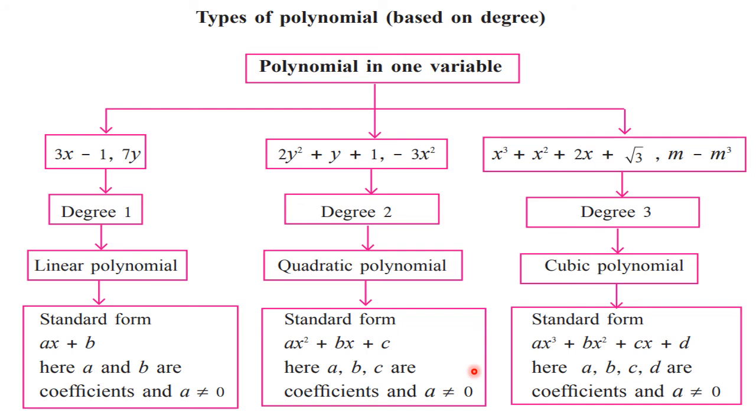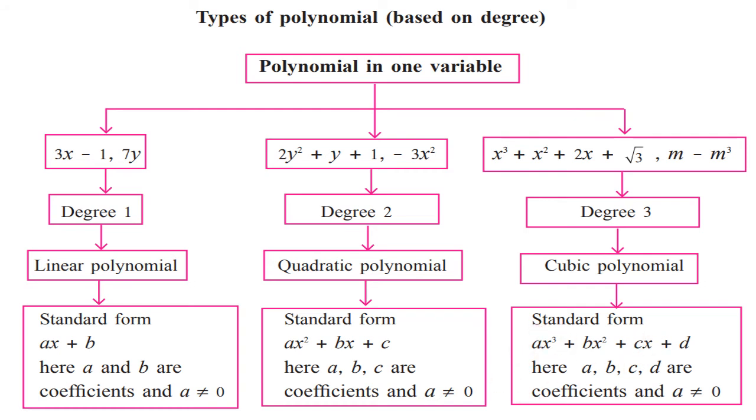I'm talking about standard form. Like here, you cannot see that 4 terms are there, but it doesn't mean that the remaining terms are not present. Here, the remaining terms, like the term with m square and the constant term, have coefficients 0. That means b and d have value 0. That is why only these 2 terms are present.